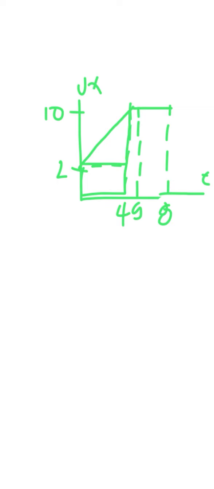Find the area of this rectangle. And find the area of this triangle. And once you find the area of those 3 shapes, you add the areas together, and that number will give you the displacement. So, in order to find the area of the 2 rectangles, you need to multiply the length